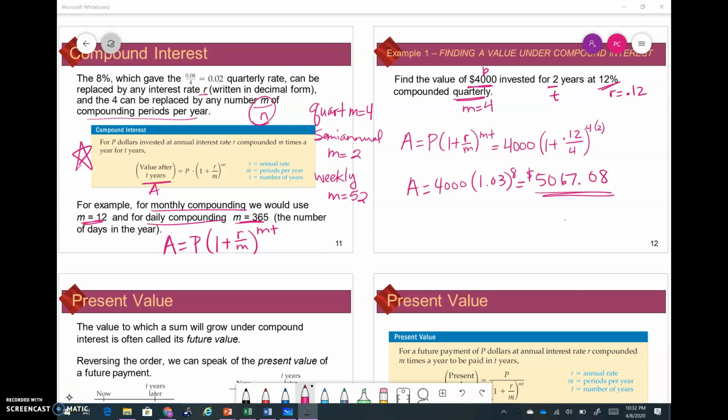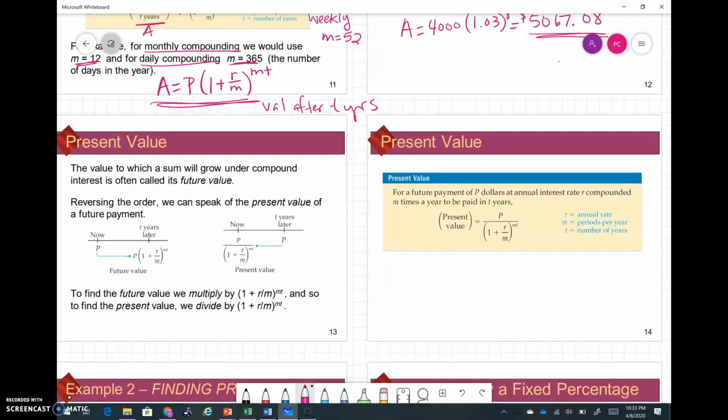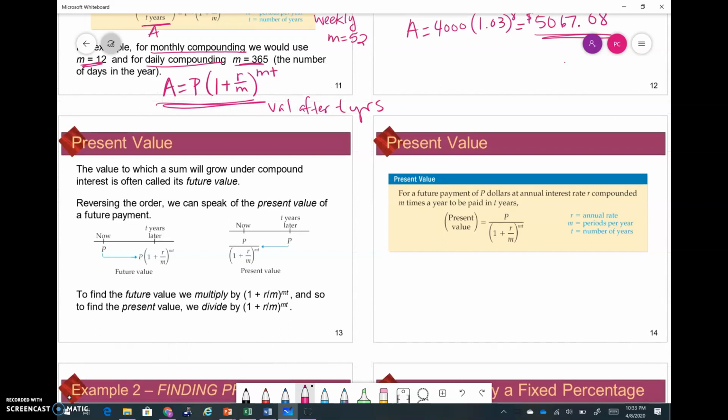All right, so this is section 4.1, part 2. We've talked about how to find the value after so many years. Okay, so this is value after t years. But what we're going to talk about now, if you look at slide 13, is what's called